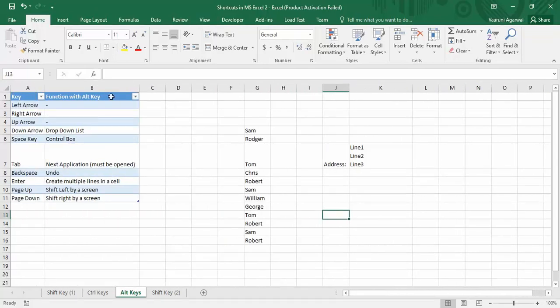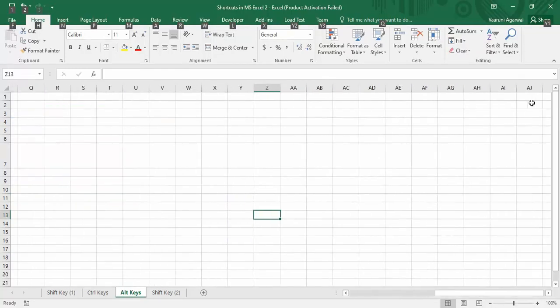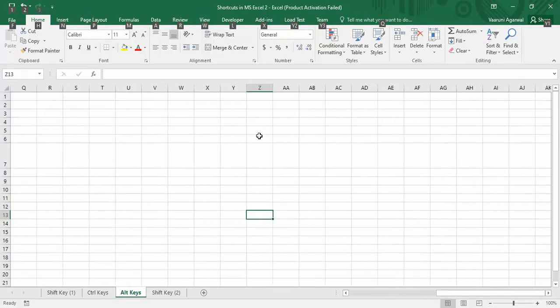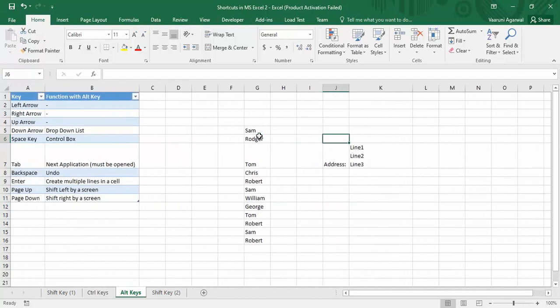Repeatedly. If you want to see it clearly, right now I have columns till P. So if I press Alt Page Down once, then I have columns till Z. Now if I press Alt Page Up, then again I have got my original screen back. Now one thing you all must know is that we do not get any visible help or visual aid for these, like we get in the general Alt key shortcuts.